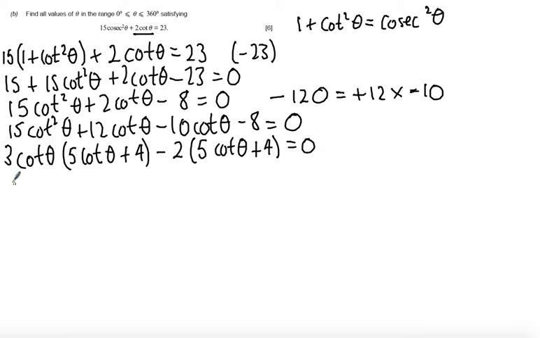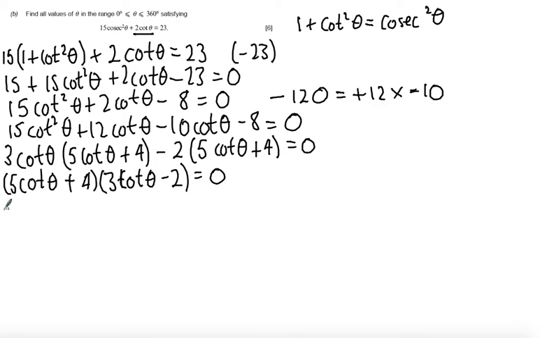So then factorising, taking the 5 cot theta plus 4 as a common factor outside of the brackets. What I get left inside the second bracket, the coefficients of those two brackets, is 3 cot theta minus 2 equal to 0. So, solving this first bracket, I'm going to add 2 and divide by 3 so that I get cot theta is equal to 2/3. If I take the inverse of both sides, I get tan theta is equal to 3/2. And so then taking inverse tan,